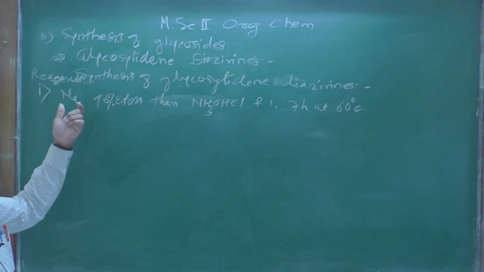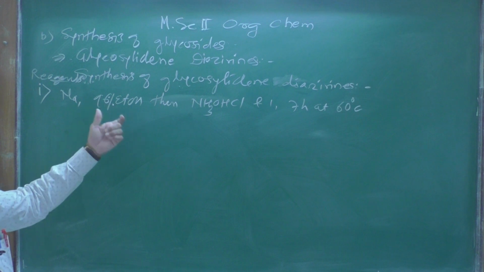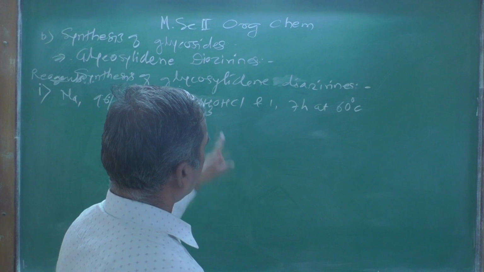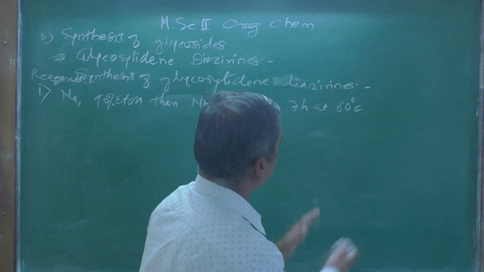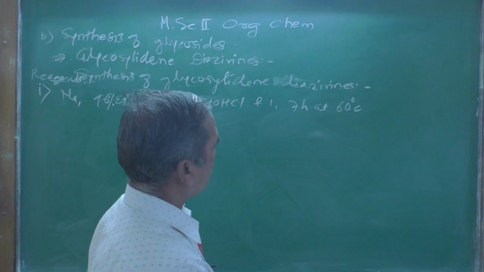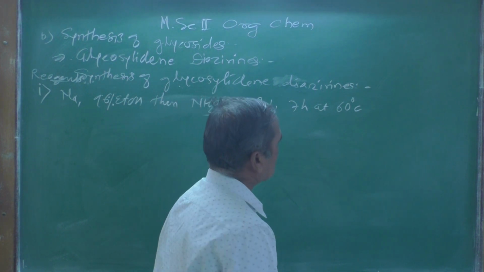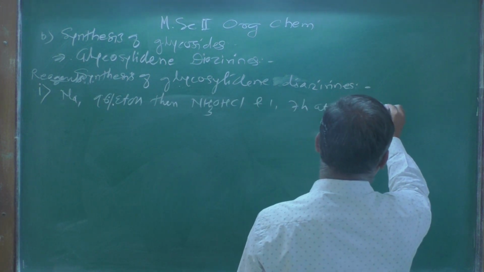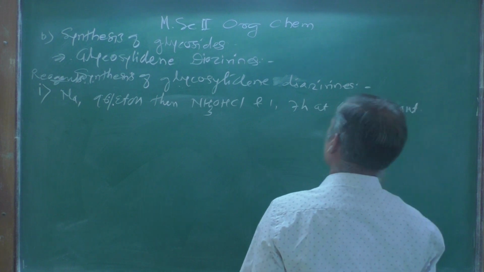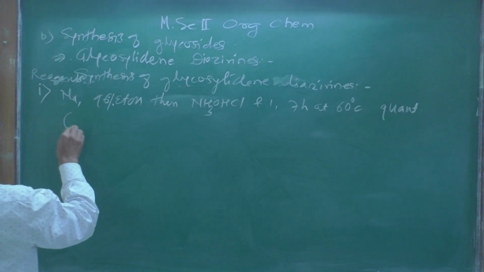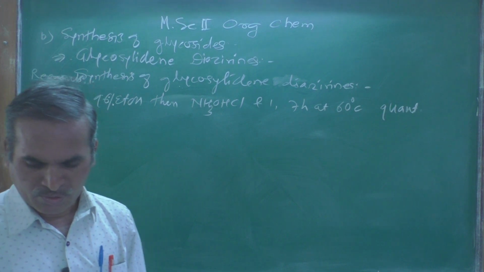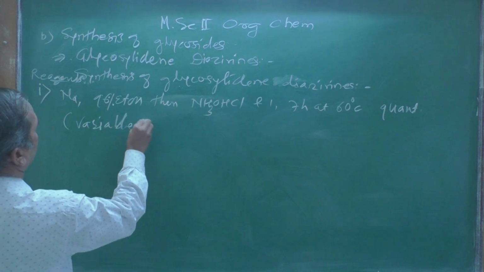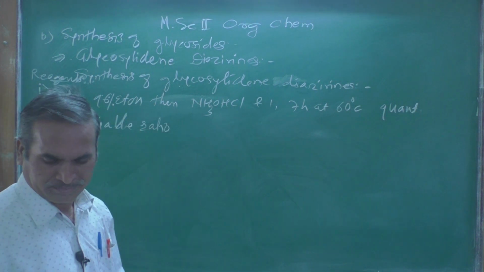So sodium, which is employed in 96% ethanol, then hydroxylamine hydrochloride, with structure number 1, is heated at 60 degrees centigrade for 7 hours, and the quantity which they have got is in a variable ratio